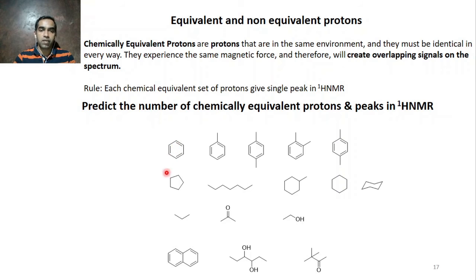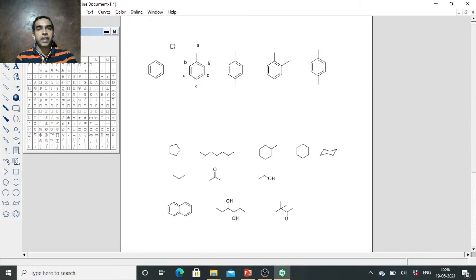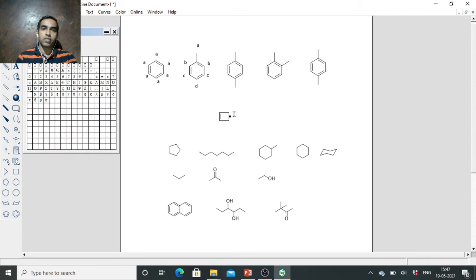See benzene. If you look at benzene, how many protons are there here? So 6 protons. So you keep benzene like this or like this, whichever way you keep it, all protons are equivalent. Okay, I can explain it here, chemically equivalent and non-equivalent protons. You can see in case of the benzene ring, this is ChemDraw, I am using a software. All protons are the same, correct? All 6 protons are the same. So there is no change as such, because however you keep the benzene ring, you find the same protons, correct?